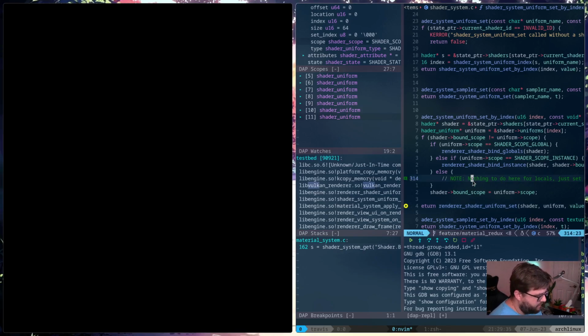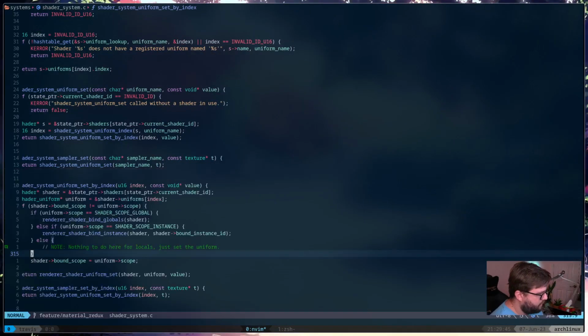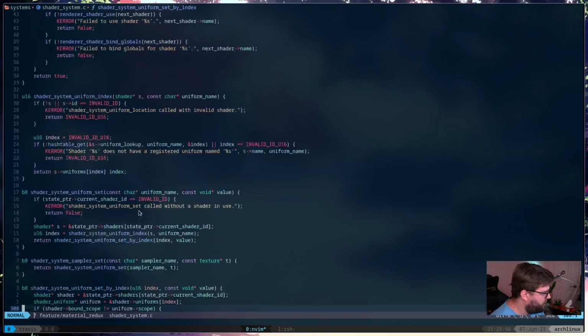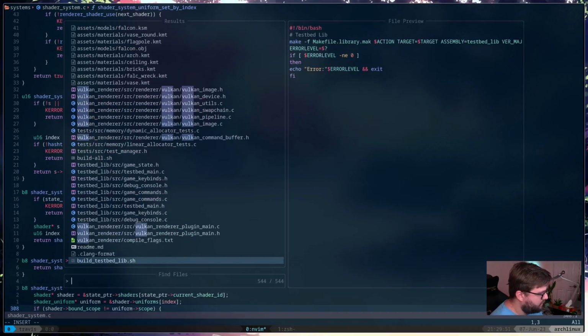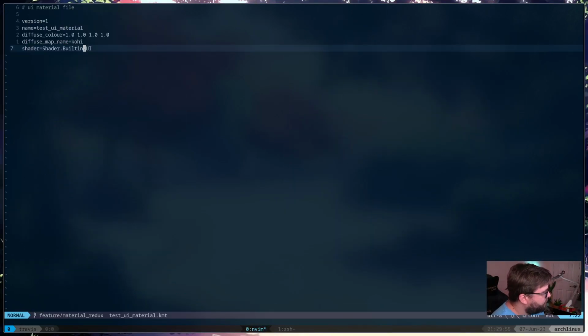Okay, so now I'm wondering, let's see. Oh, that's not the shader config.